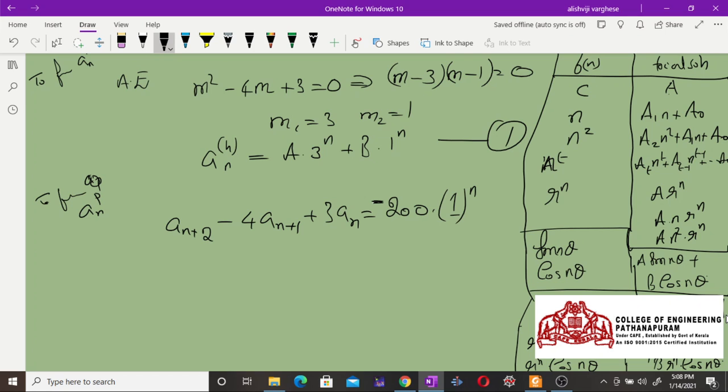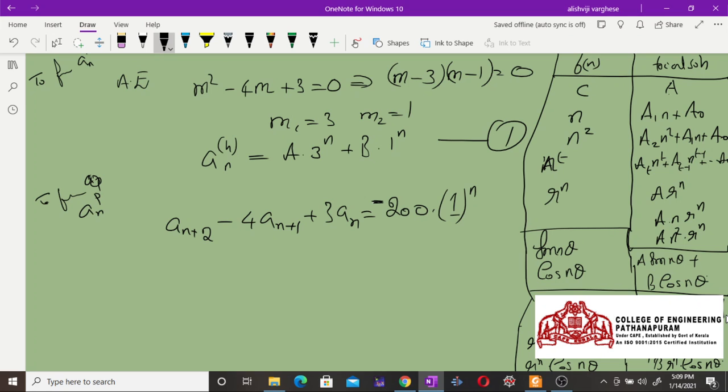So it is something like a constant into r to the power n, where r is a real number and here r is equal to 1, and in that case the arbitrary constant is a into r to the power n, and